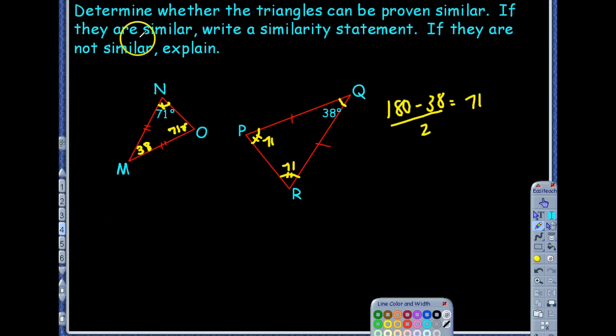Okay, so it says if they are similar, we're going to write the similarity statement. So let's call the first one triangle MNO is similar to triangle